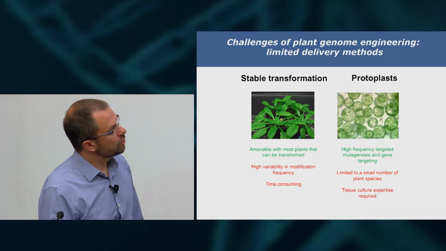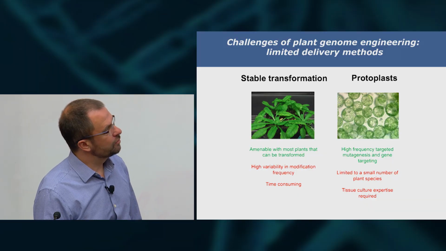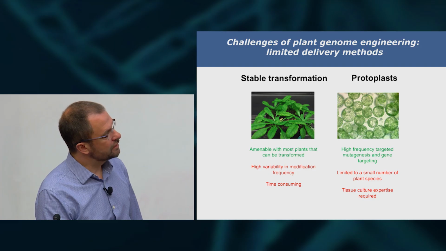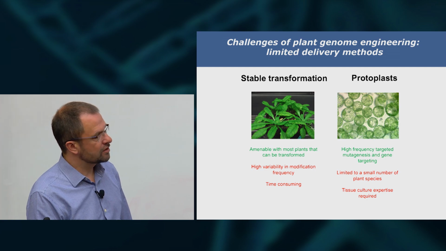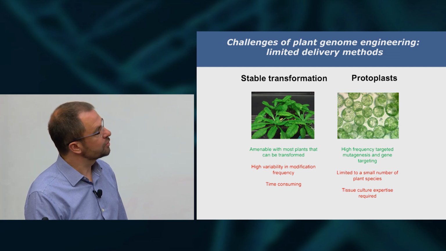I told you in our potato story, we took a leaf, digested away the cell wall, and made just membrane-bound protoplasts, and we were able to recover modified plants. But this approach only works for a handful of species, potato, tomato, a few others, being amenable to protoplast production and regeneration. And it's not an easy process. It takes a long time and quite a bit of tissue culture expertise.